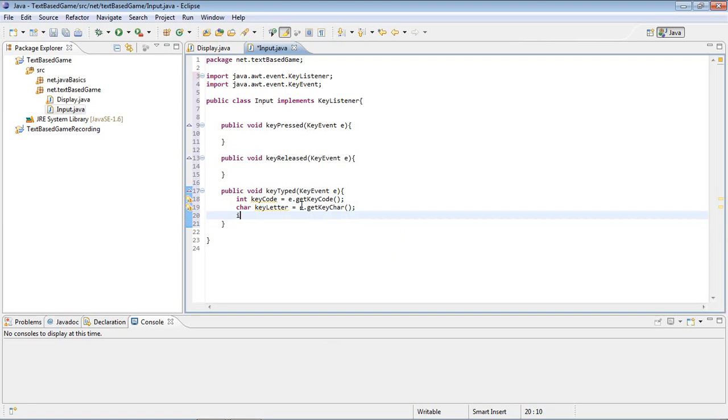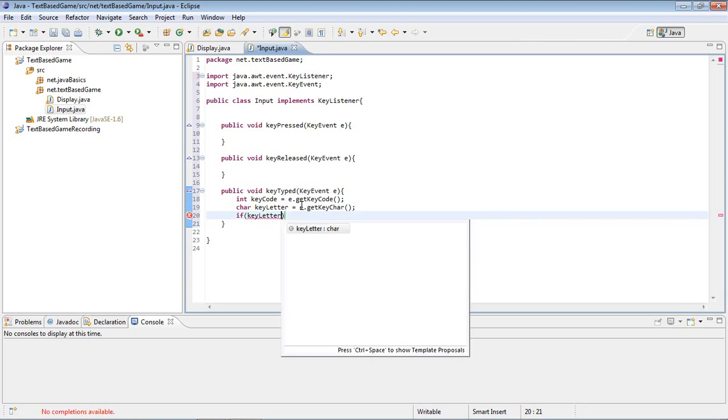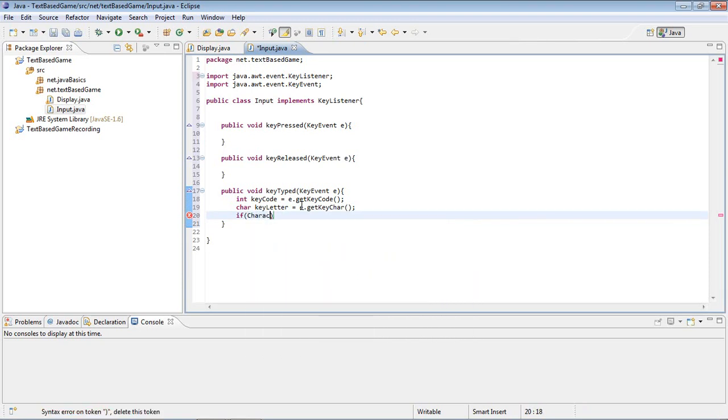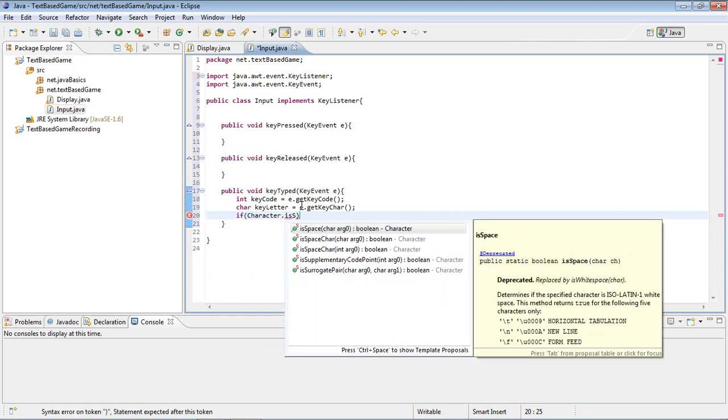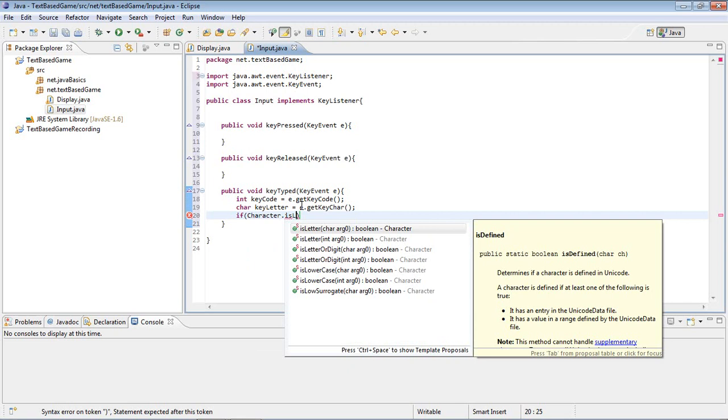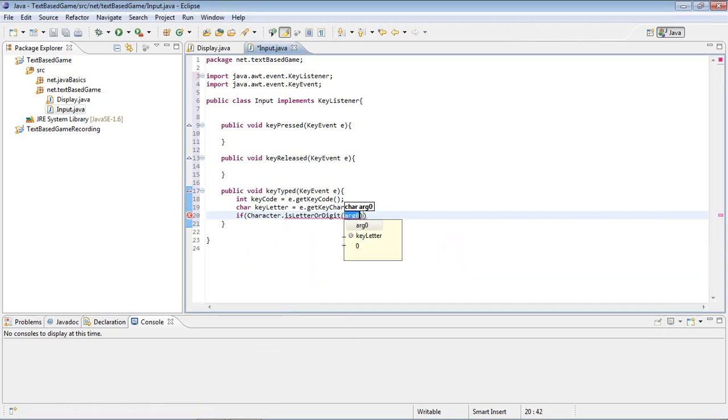And then we can do if Character dot isLetterOrDigit. So if our key letter is a letter or digit,